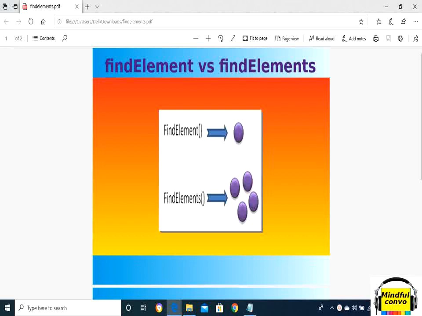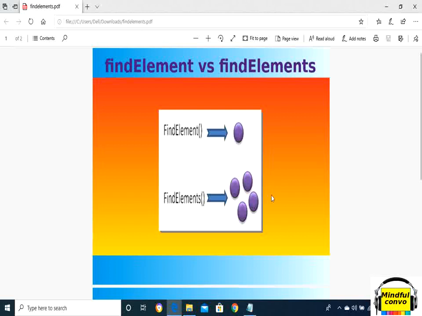So in the previous videos we had discussed the locators and the Action class in Selenium. Now we will discuss find element versus find elements. Basically both these commands are used to find elements. If we want to interact with the web page, then the user is required to locate the web element. The find element command is used to find the element uniquely on the basis of various locators, like tag name. On the other hand, find elements is used to find the list of elements in the web page.